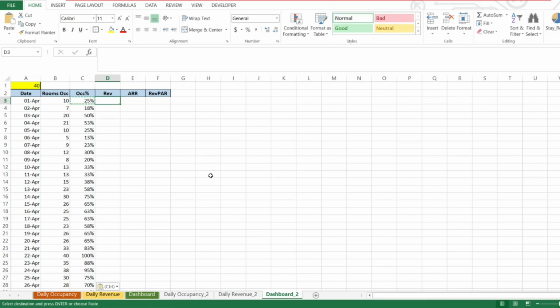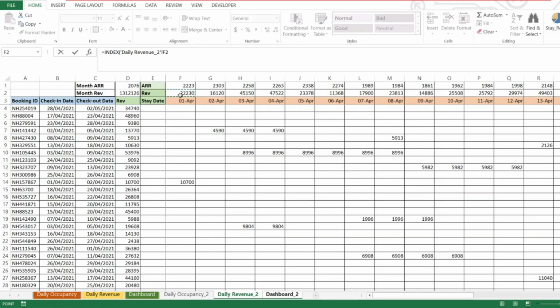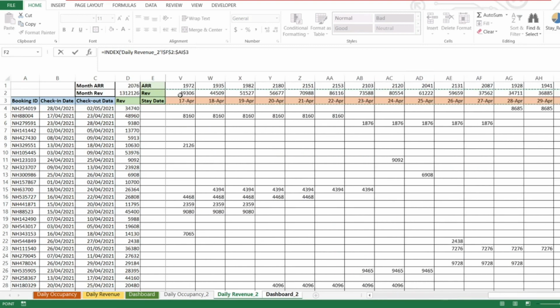We now need the revenue, which is in the daily revenue part. We are going to use the same index match formula again. We use index and we go to this sheet where the revenue has been calculated. So I want the daily revenue. I will select this range, fix this. It's in the first row.